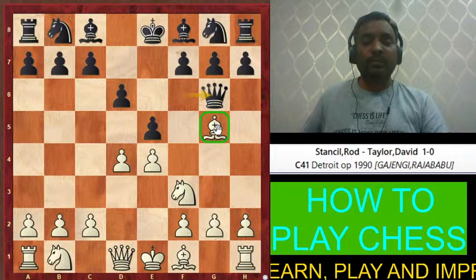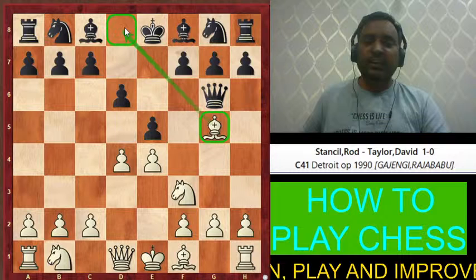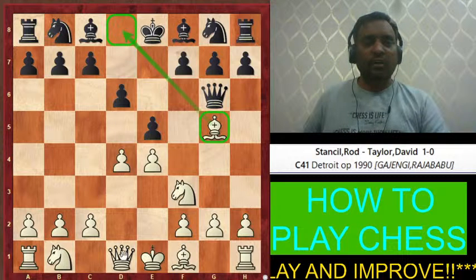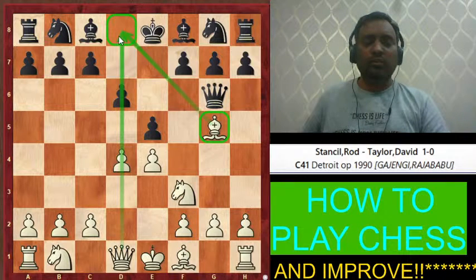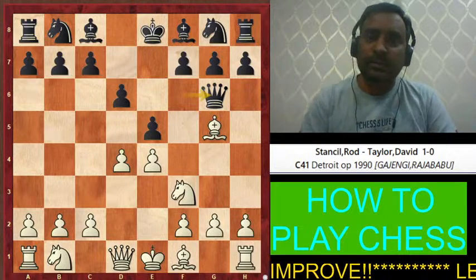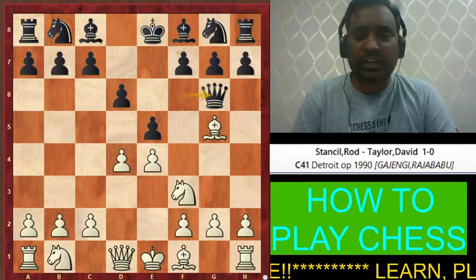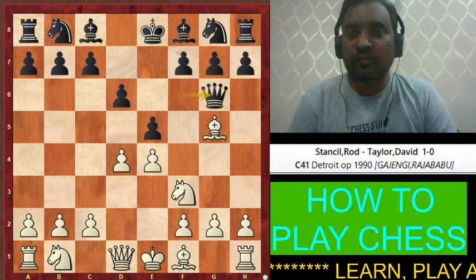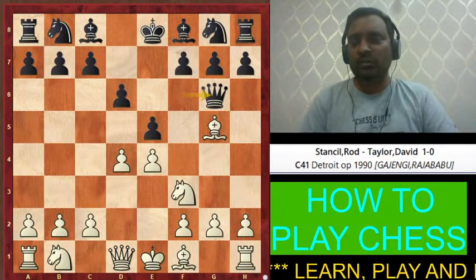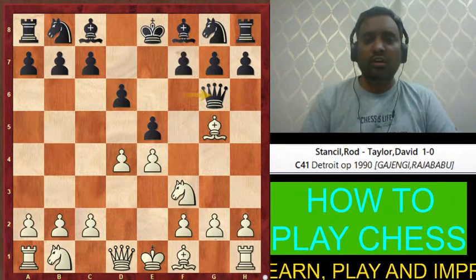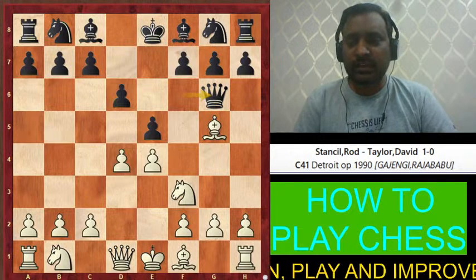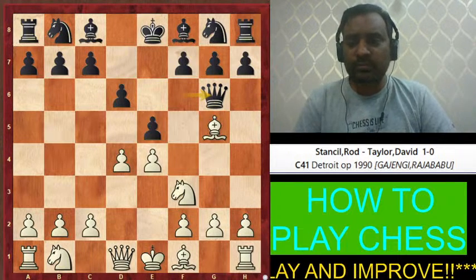Remember the bishop is now controlling a very important square. बहुत बड़ा important square को bishop control कर रहा है, तो ये दिमाग में रखकर सोचो यहाँ पर कौन सी मूव करनी चाहिए white को। So which move white should play here? Come on guys, I am just waiting for you all. तुम सबके लिए मैं वेट कर रहा हूँ।